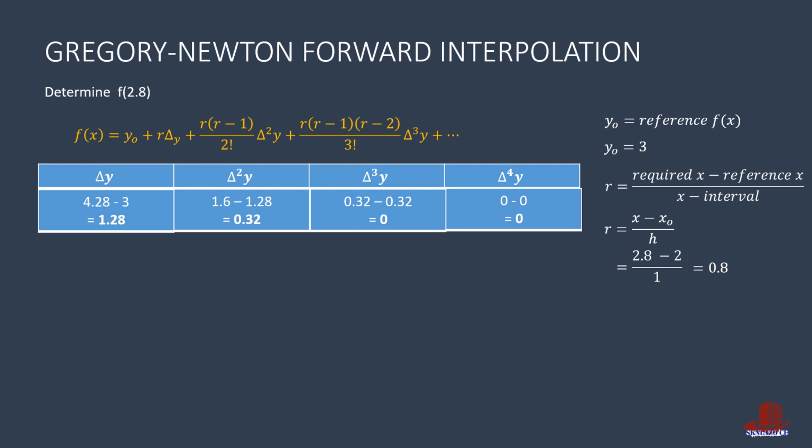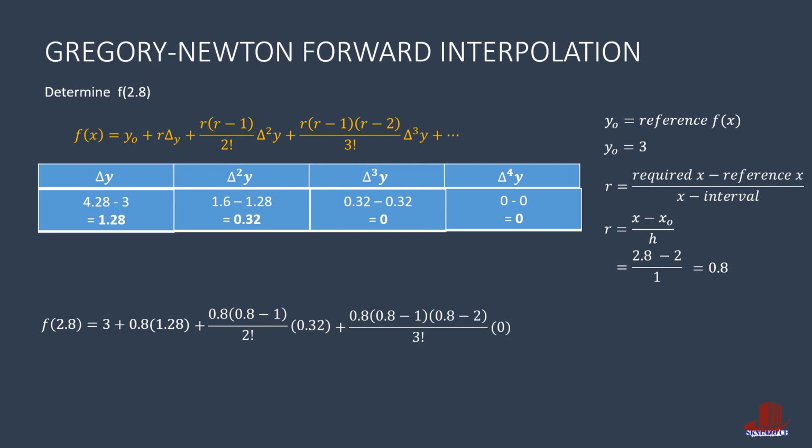Having all parameters for the equation, we work on f of 2.8 as y naught, which is 3, plus 0.8 for r times first delta as 1.28. Then the next term is 0.8 multiplied by 0.8 less 1 upon 2 factorial times delta squared, which is 0.32. If we still write and complete the other two terms to convergence, we have the next as 0.8 times 0.8